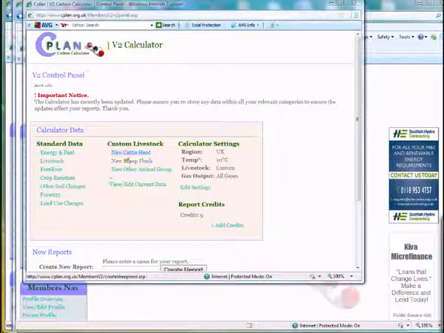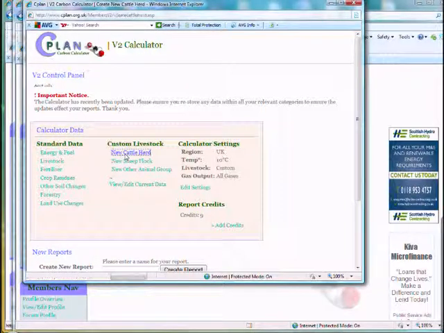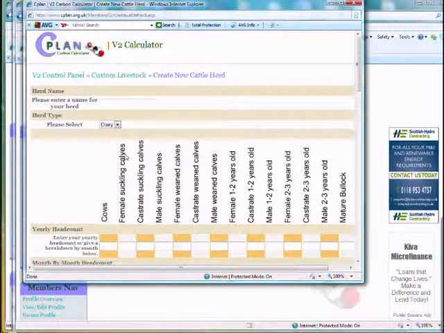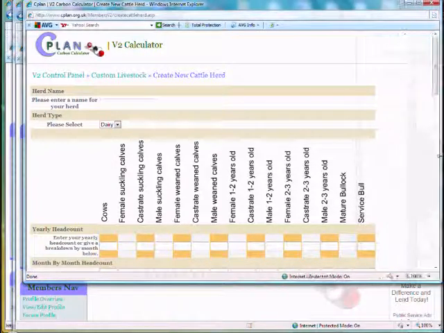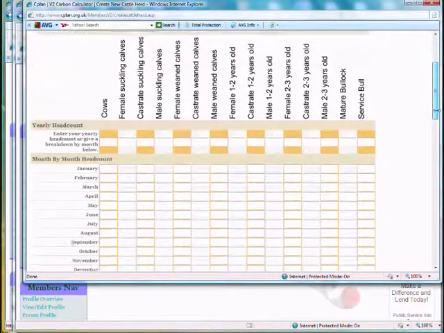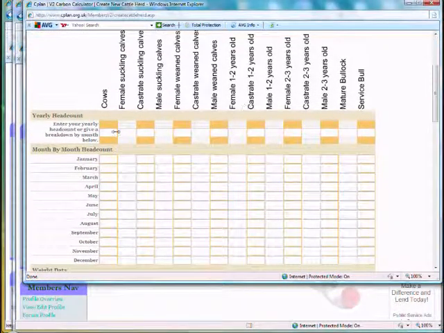I'm now going to enter a new cattle herd, and we ask for quite a lot more information from the farmer when they enter the data here. First thing to do is enter a name for the herd, whether it is simply cattle or whether you use that name to distinguish between your different animal groups. This is going to be a beef herd, and we have 85 cows, 39 female suckling calves,